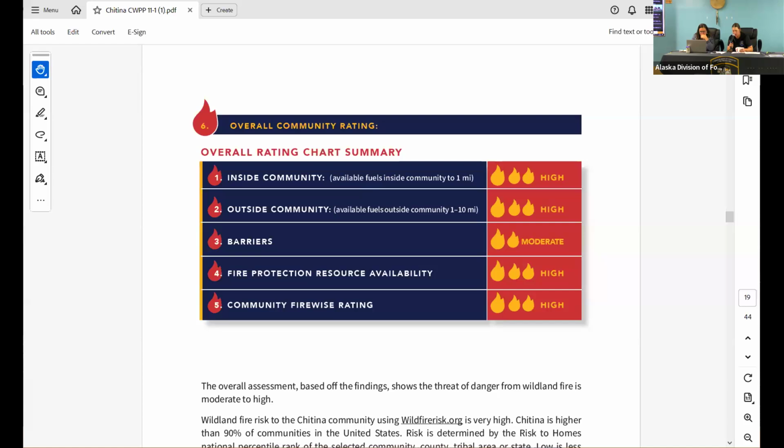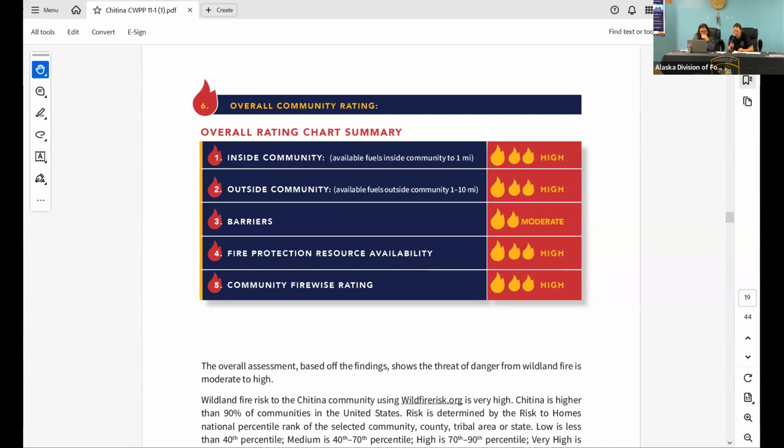We're just going to share this really quick, and then we're not going to spend much time, but again, it's a resource people can look at. I'll let Emily give a quick recap of it and what it shows as a rating for Chitina on this website. And again, it's another area to find information and resources.